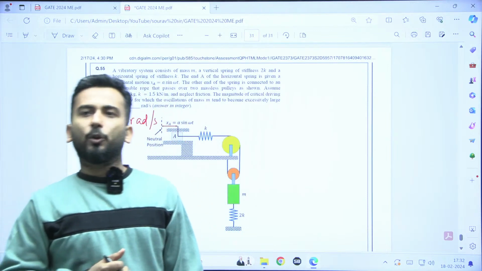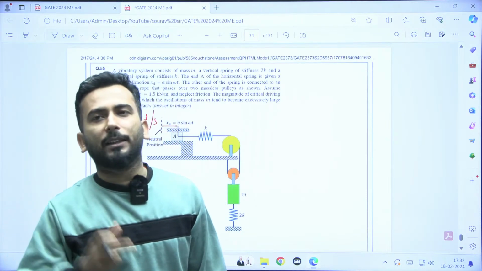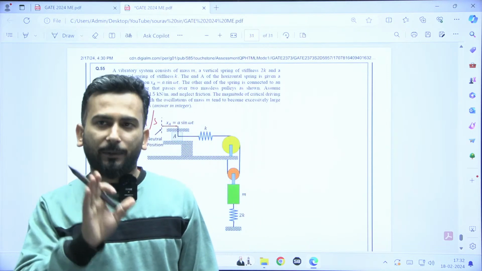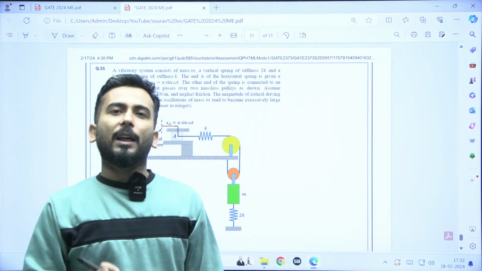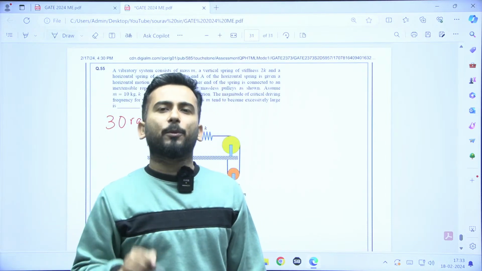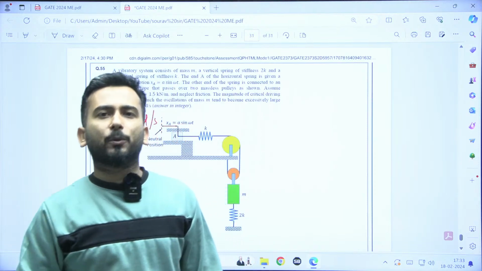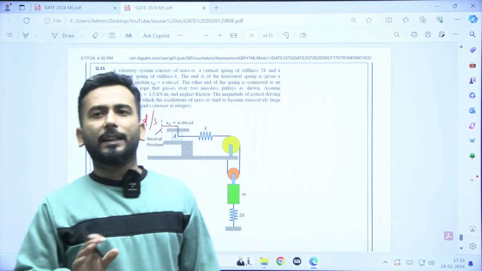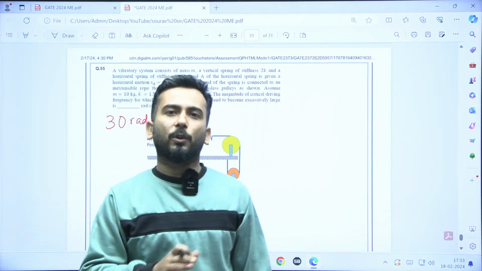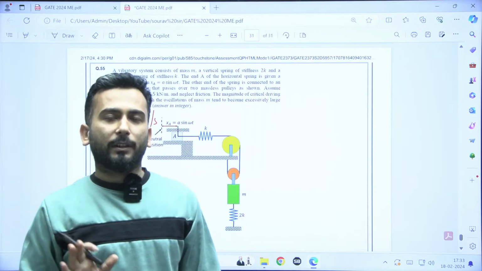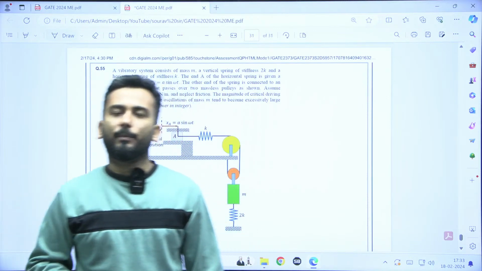Okay, but good performance in this paper. 61 marks is a very good score in this paper. Why? Because questions seem very easy, but at the time of solving, many mistakes are possible. So considering this, anything above 60 is a very good score as per me. You definitely should be getting within 1000 rank. But let's see. Okay, good score.